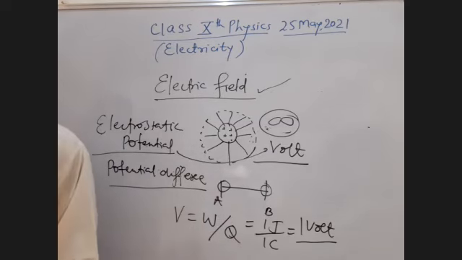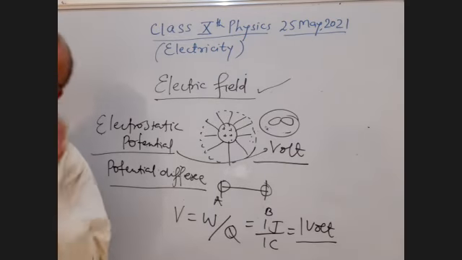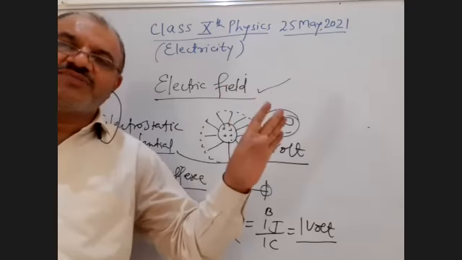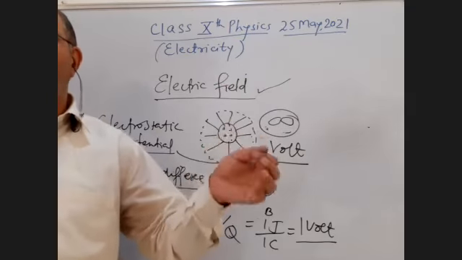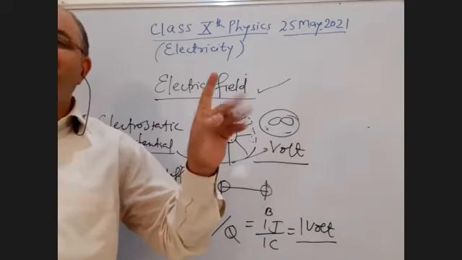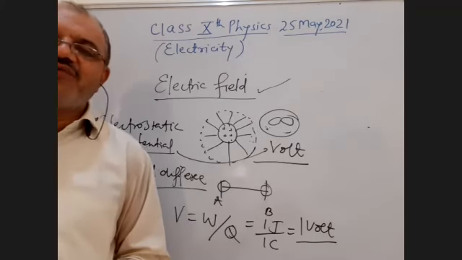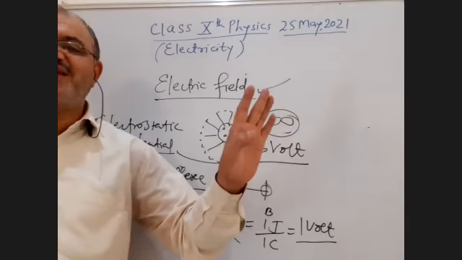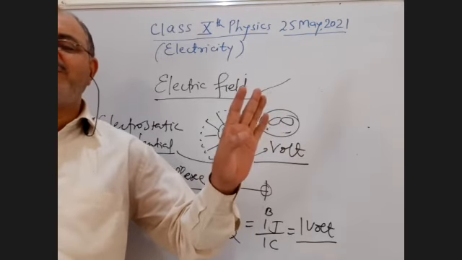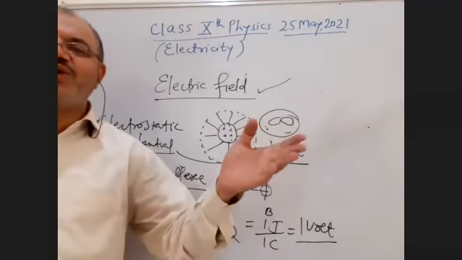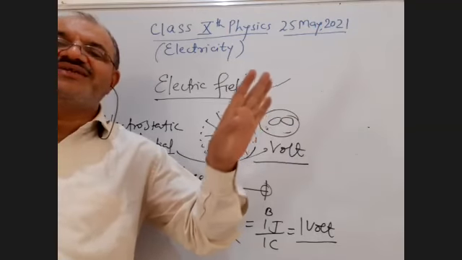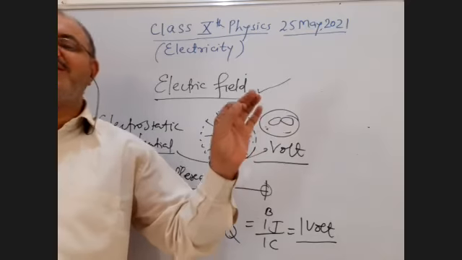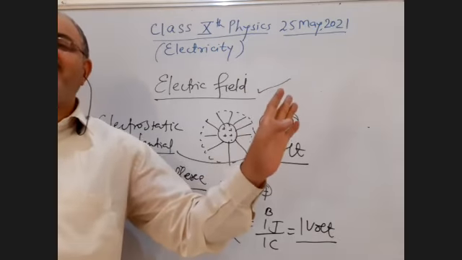Is it clear, students? Now, we have already discussed the ammeter and voltmeter. One more meter is the galvanometer. A galvanometer is a device which is used to detect the electric current in an electric circuit. It plays a role similar to the tester that electricians have, which is used only to check whether the supply is there or not.